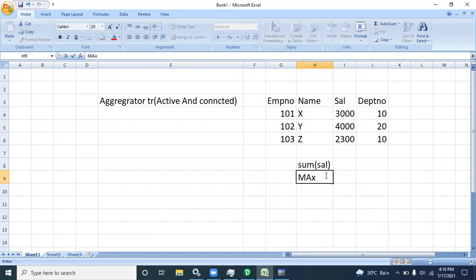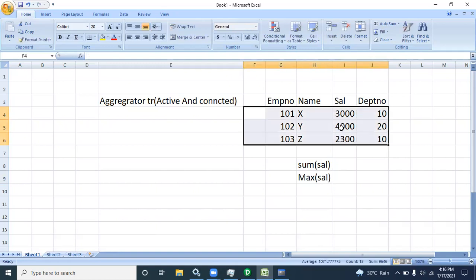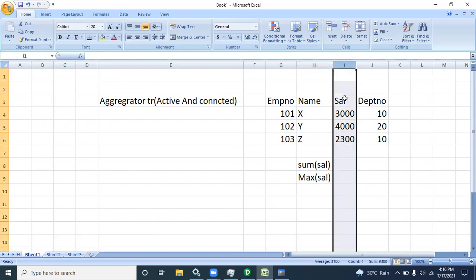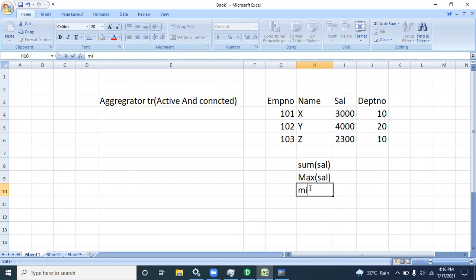Who is the maximum? Which employee is getting the maximum salary? By seeing those records, you can say, okay, employee 102, name Y, is getting the maximum salary, right? And who is getting the minimum salary, or how much total salary the company will spend on all those employees. Sum of salary, max, min, those types of functions we can implement